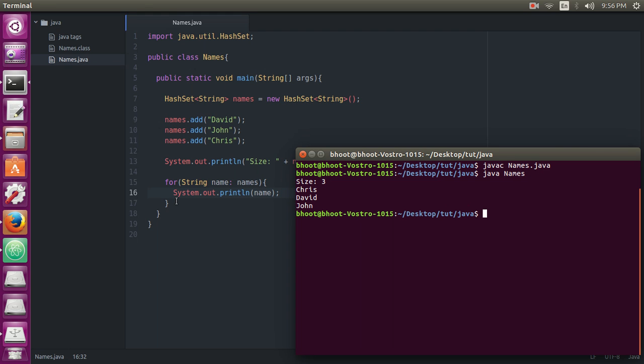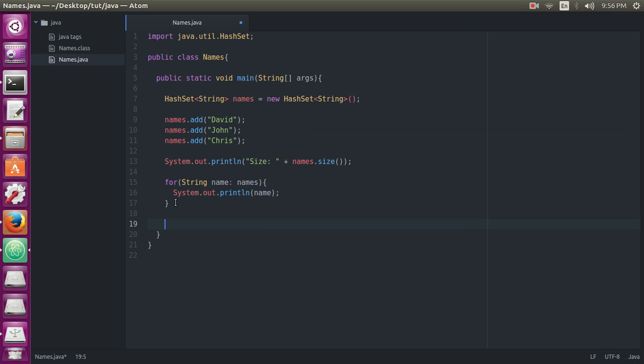So now let's see how to remove a specific element, a value from the HashSet. It's a simple function, just remove, and the value which you want to remove, like I want to remove John, and please type the correct spelling, because if the spelling doesn't match, then the value would not be removed and there might be some error, because if this value doesn't exist in this, so error.